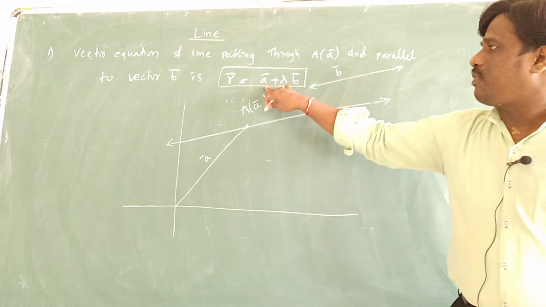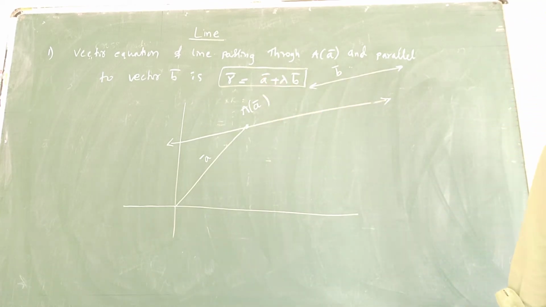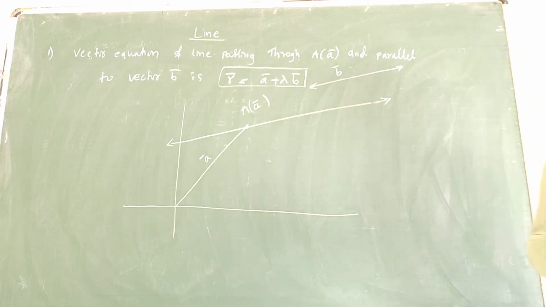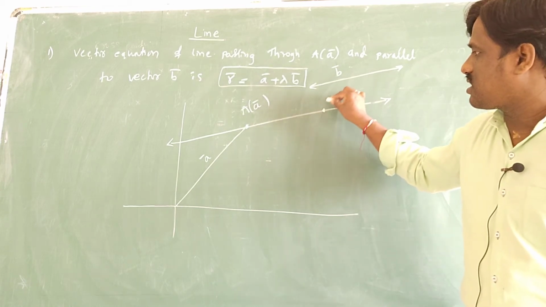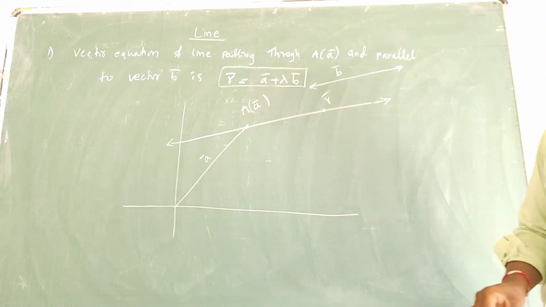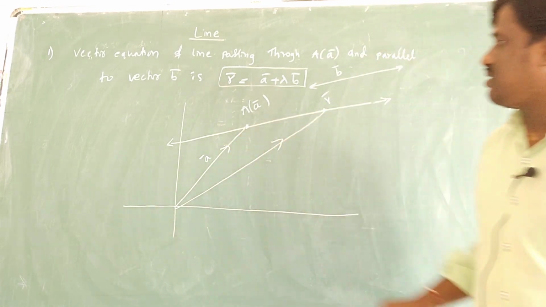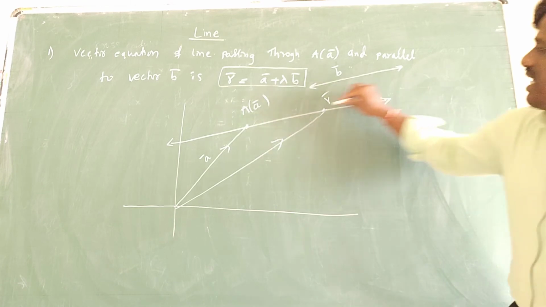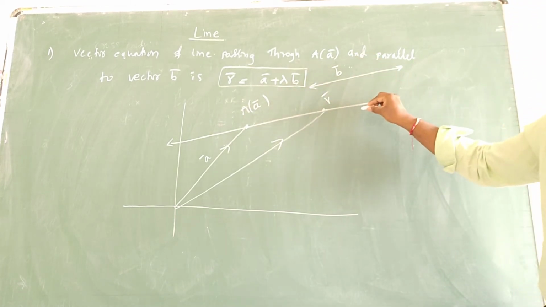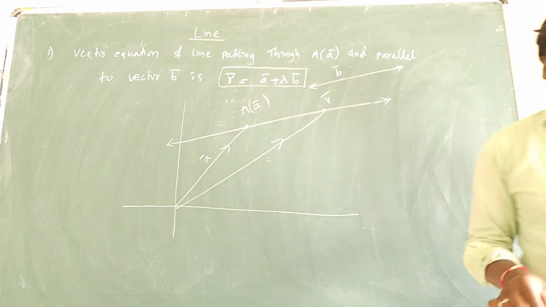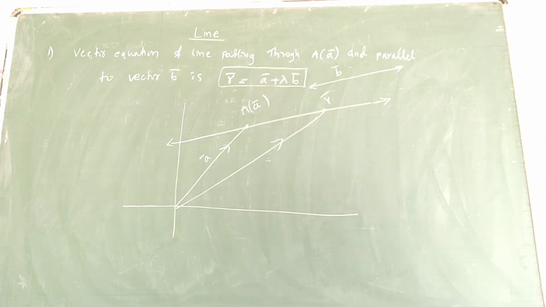And the point it passes through is A vector. So you will get the vector equation of the line as R is equal to, R is any point. Like here, you are just taking an R point, any point, and you are going to join this. Then you know that the direction of this is lambda times B vector, and I want to find R in terms of this. So R vector is equal to A vector plus lambda times B vector, which is called the vector line equation.